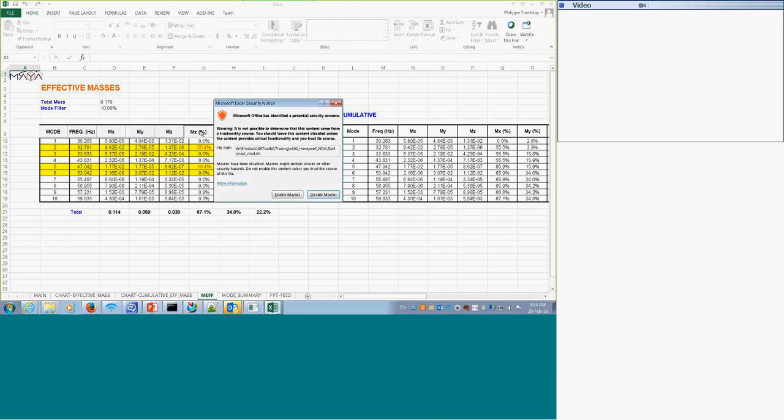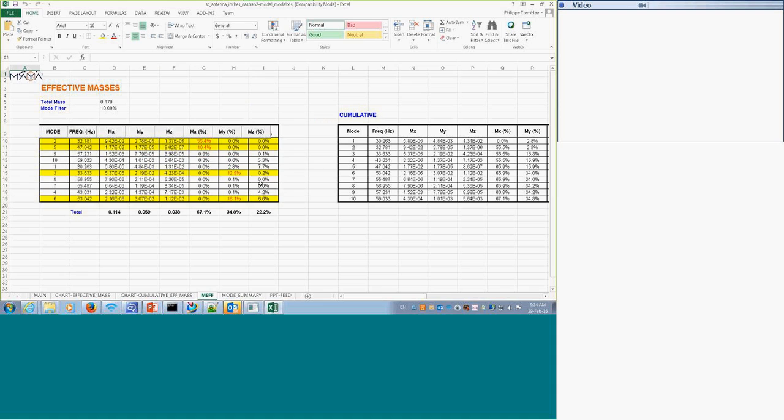You can see here the order of effective mass by mode, and back to this.